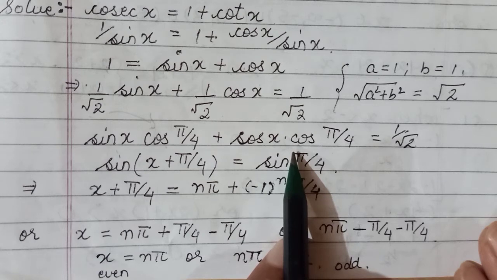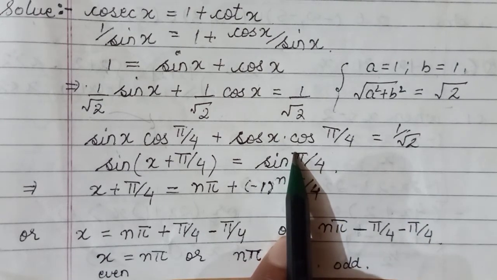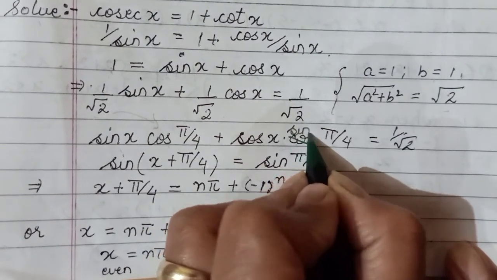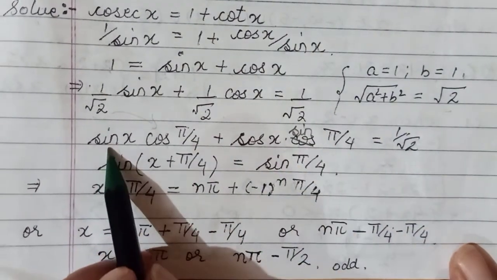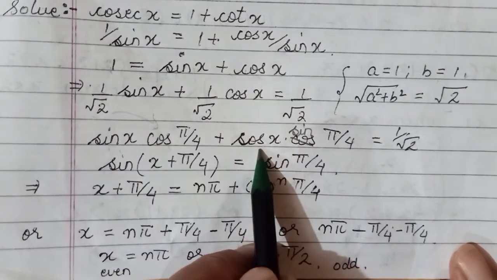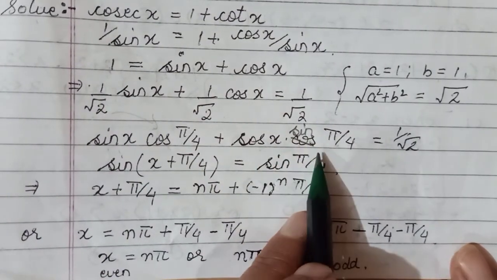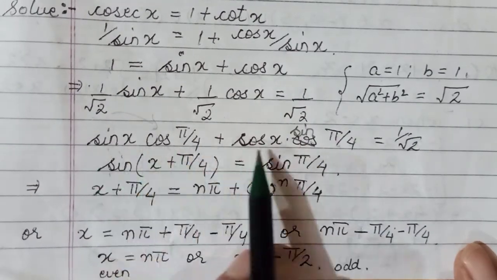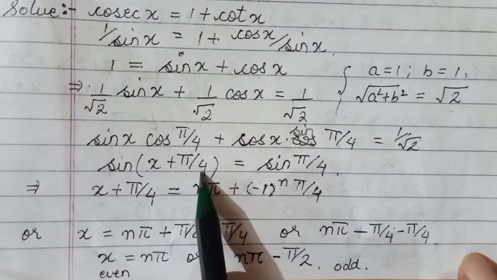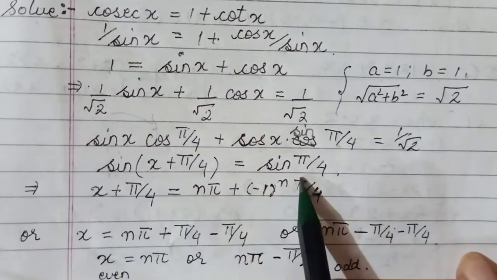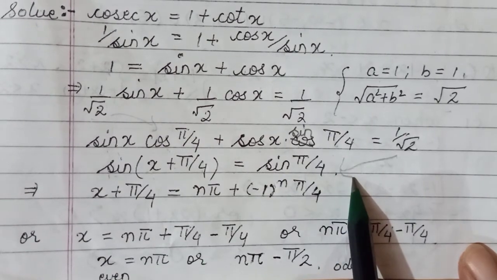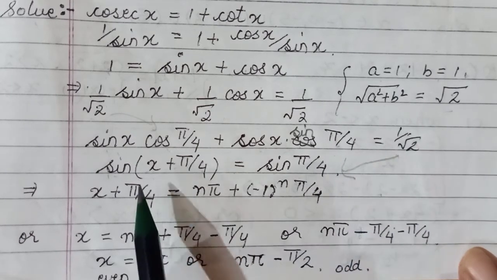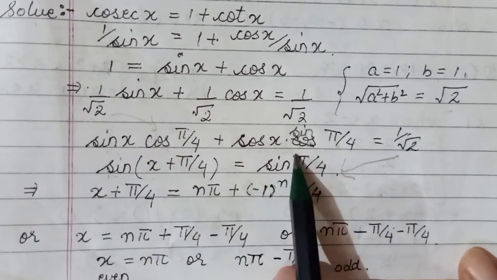And I think I have made a mistake here, so let's correct it. This would go as this. I should have written sin pi by 4. Okay, because then only it will take the form of sin a cos b plus cos a sin b. So I should have written sin here. All right, anyways, so now the formula is of sin of a plus b. So this form that has come is sin of a plus b. Sin a plus b is equal to, since here it was sin, on the other side also I will write the sin ratio only. So 1 by root 2 will be replaced by sin pi by 4, which we know is 1 by root 2. Now this form has come, sin theta is equal to sin alpha.